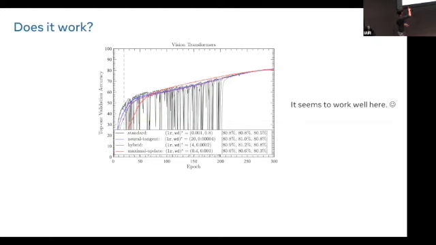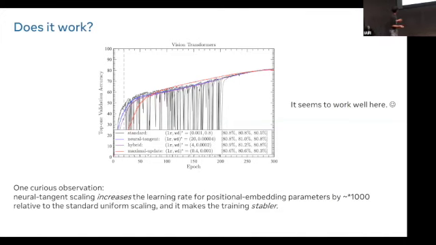And then we also tried the hybrid. I talked about this interpolation: neural tangent kernel is blue, maximal update is red, and then I did the half point, which is the hybrid, and it seems to work best in this setup. But I'm not going to claim that, I suspect that this is task dependent, and depending on the task, I don't know which parameterization strategy you want to employ. Hopefully more people do experiments in different setups, and then you have more ideas about when you should use what. Okay, so it seems to work well here.